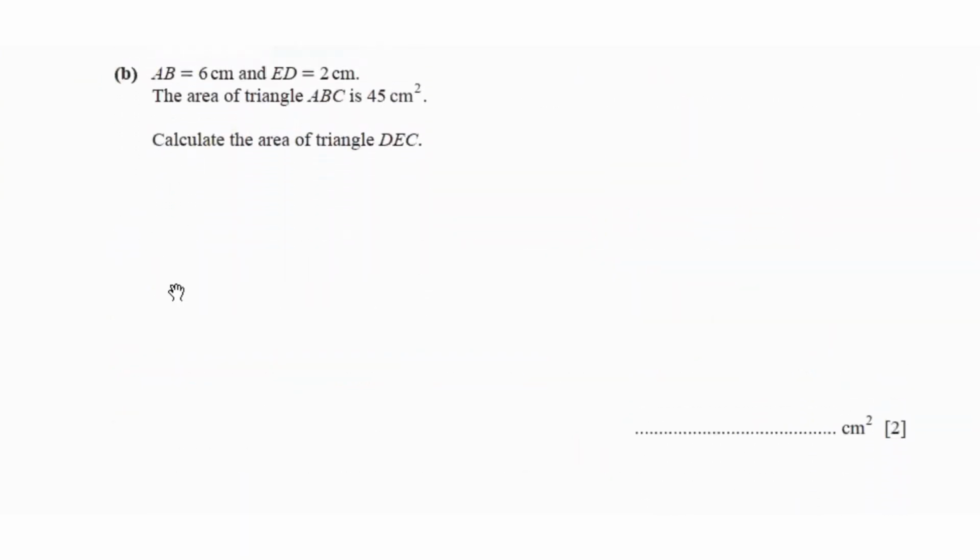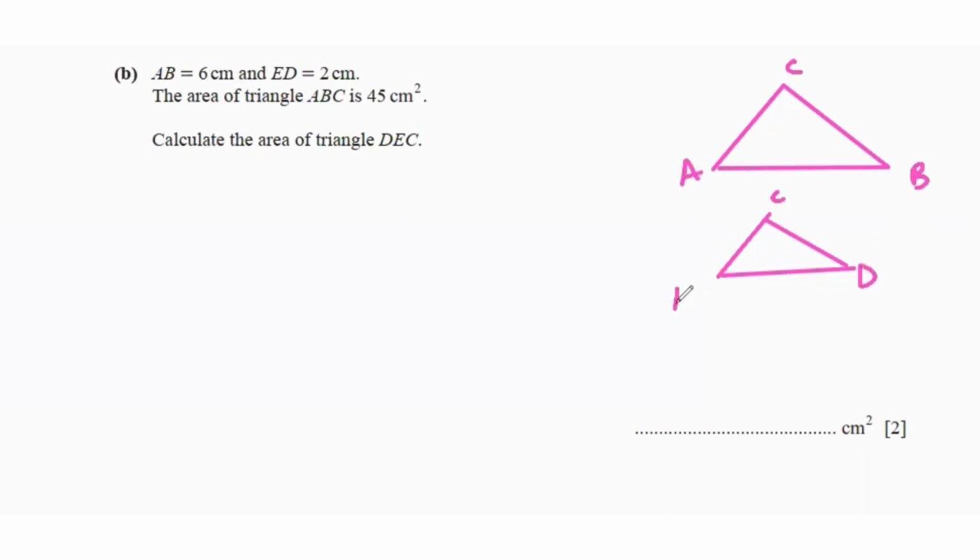AB equals 6 centimeters, ED equals 2 centimeters. Area of the triangle ABC is 45 centimeters squared. Calculate the area of triangle DEC. So whenever we have similar shapes, your ratio of the lengths from both the triangles are equal to each other. What I mean is that if I draw these two triangles over here, this is your triangle ABC, and this is your triangle CDE. Okay. So they said AB is 6,